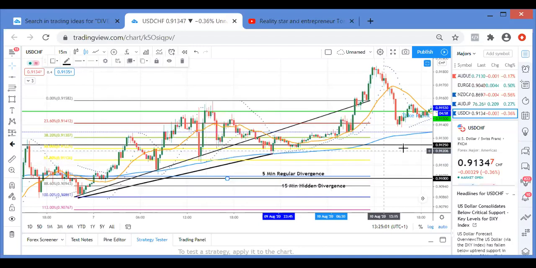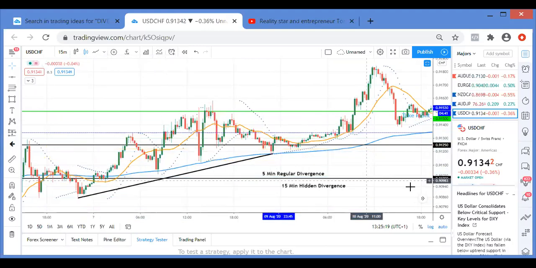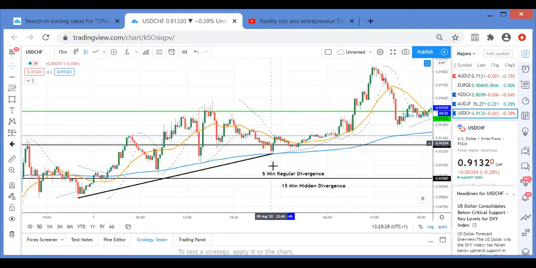See, look here. So that 0.91000 is here. But the way I know not to wait for it to come here, because look, if it came to this 0.91000, the trade is void. Why? Because it would have closed way below the 200 moving average. This is what protects me.